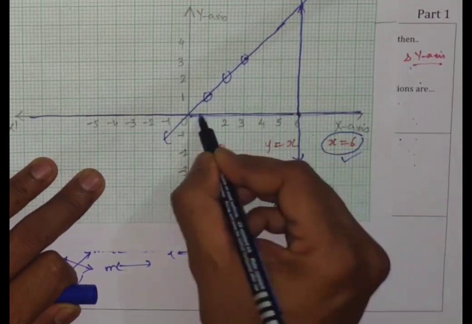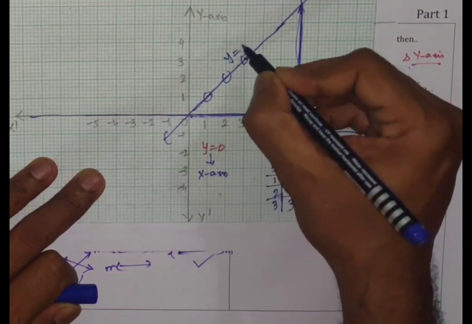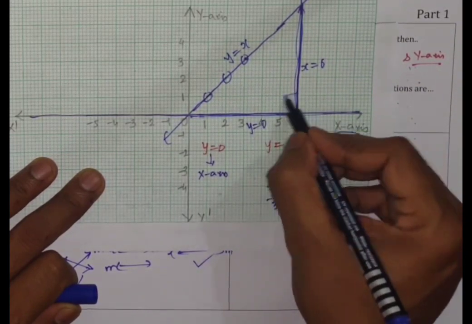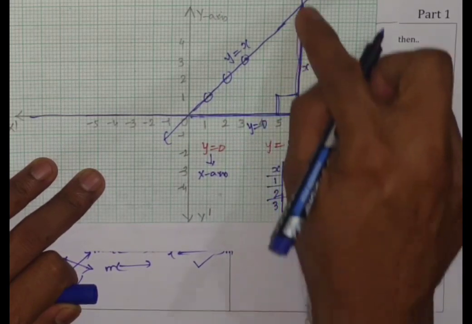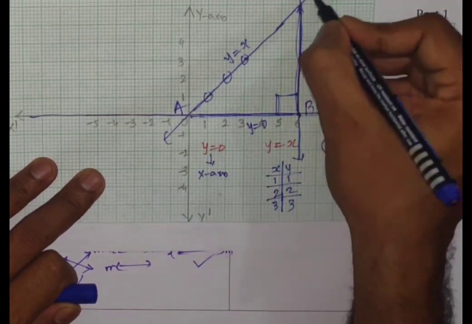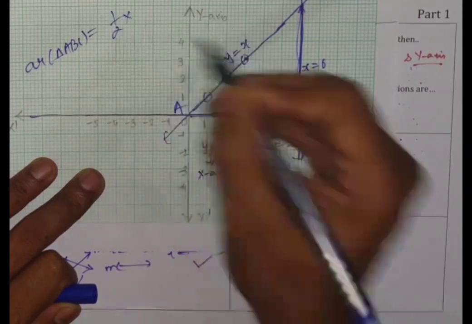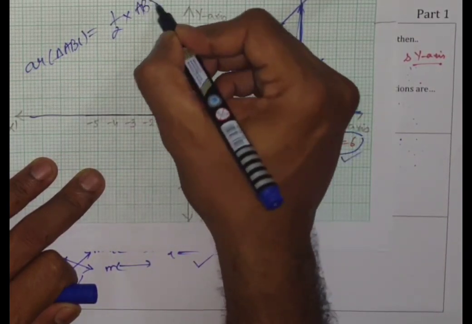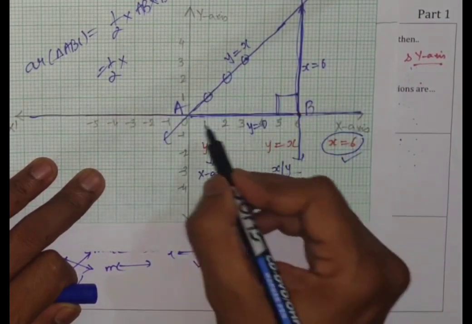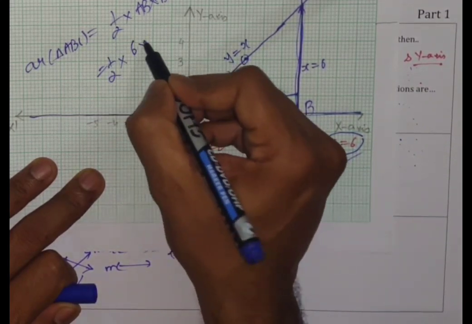Correct? So one is the x-axis, then x equal to 6 and this is y equal to x. This is x equal to 6 and this is y equal to 0. All three lines. See, you got two perpendicular sides. So this is a right triangle. Let me say this is A, this is B, this is C. Once again, area of triangle ABC is equal to half into base AB into altitude BC. Let's go, half into base. Calculate the units. 1 unit, 2 unit, 3 unit, 4 unit, 5 unit, 6 unit. So AB equal to 6 units.